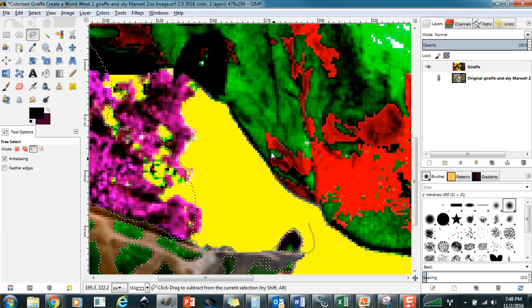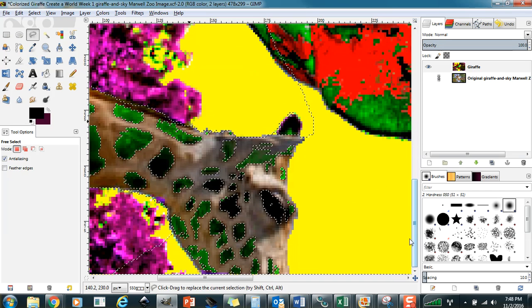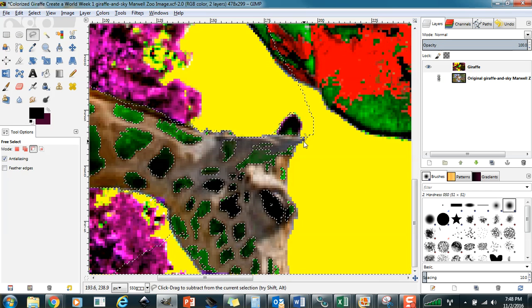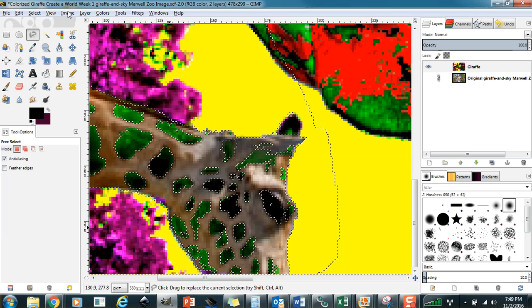Just, where did I start? Does anybody remember? Oh, I must have started down here. There we go. Okay. So once I get around the outer edge of the giraffe, then I can go ahead and zoom out and just deselect the rest of the picture. But just kind of want to get around the outside of it, and then I missed this area down here. Okay. Perfect. Okay, I'm going to zoom out